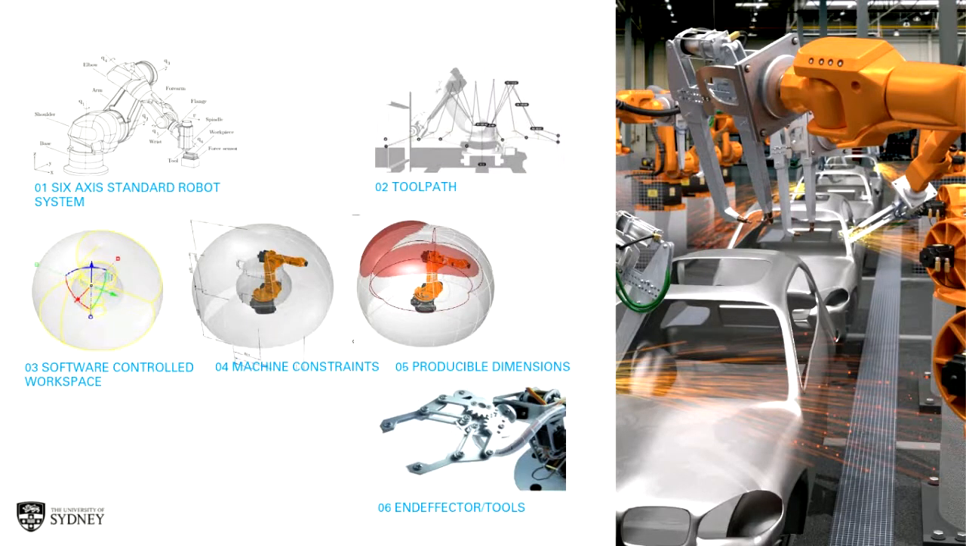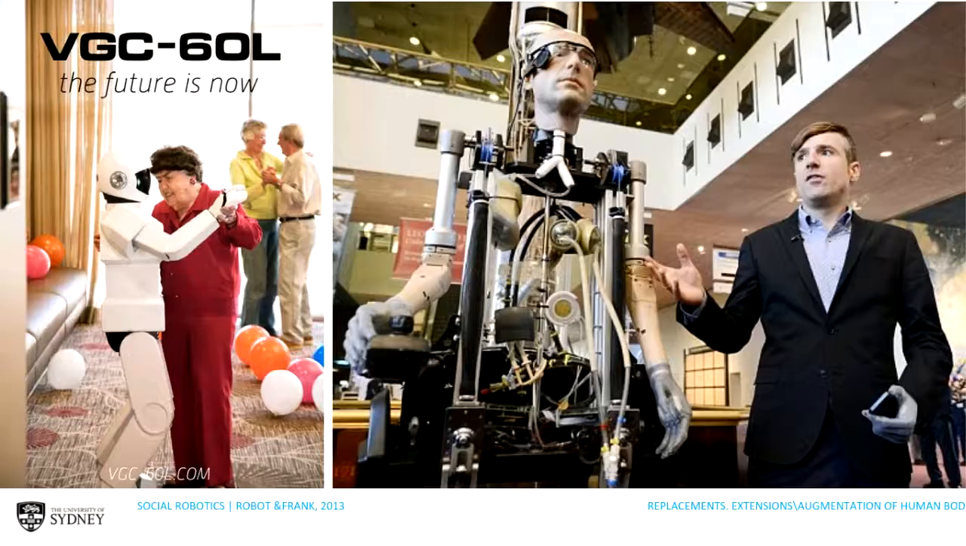But what's really interesting to me is not to understand the robotic work conceptualization in terms of how can we automate, because we've all been there, but to take each of these discrete problems: the 6-axis standard robot system, the toolpath, the controlled workspace, the machine constraints, the producible dimensions, and the whole problem of the end effector, so the robot as a 6-axis workshop, basically. How can we take all of these questions and really use them as departure points for our robotic